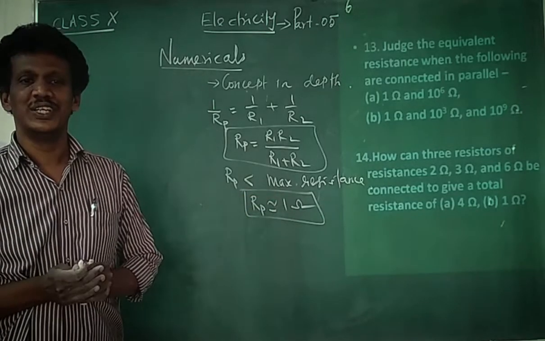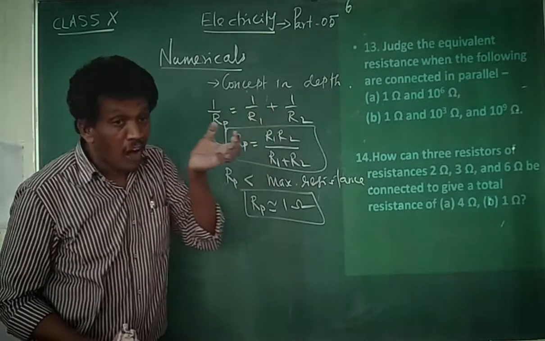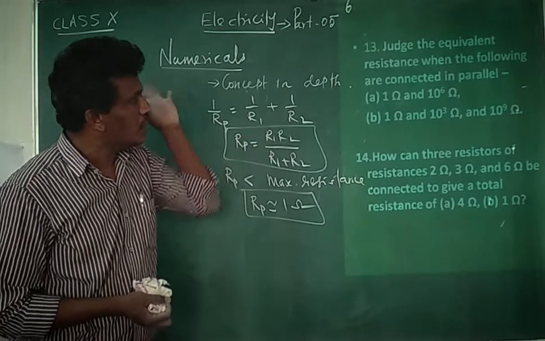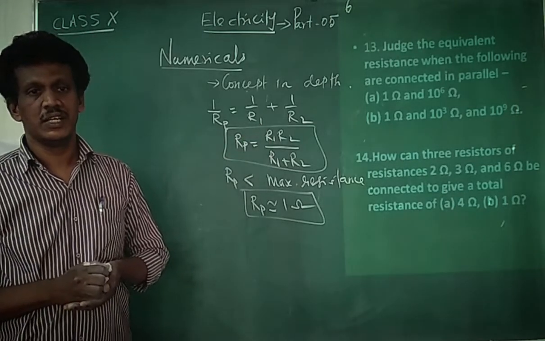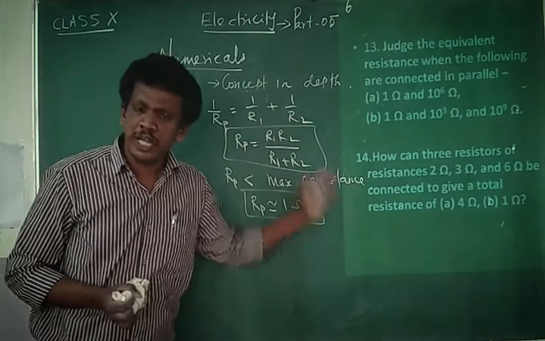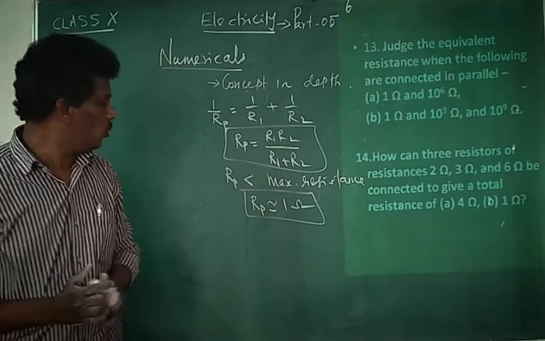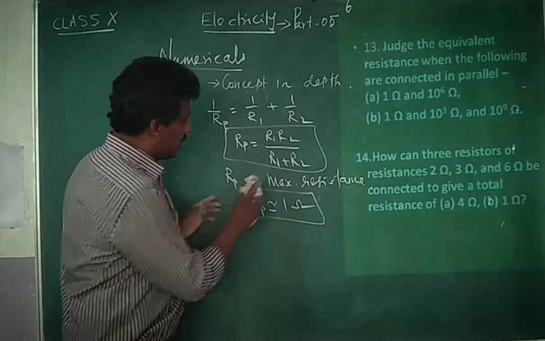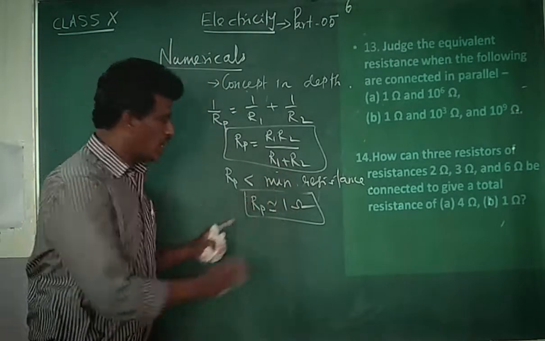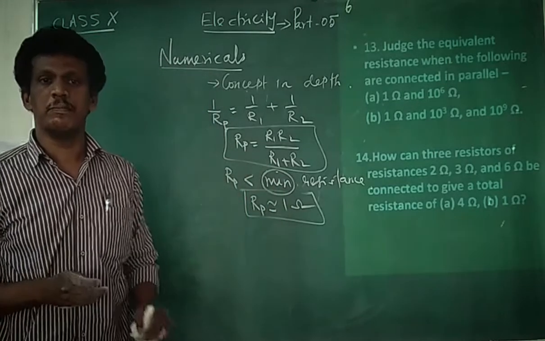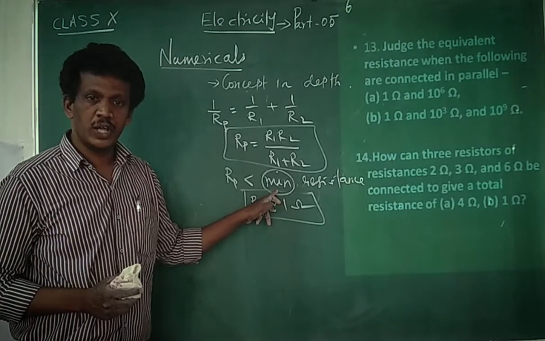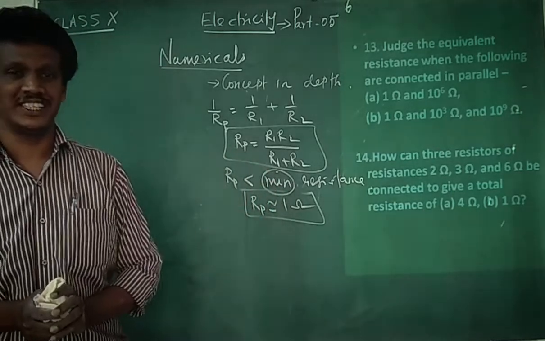See, the purpose of this question is to see how you understand the change of resistance in case of parallel combination. What is the second part? 1 ohm, 10 power 3 ohm, 10 power 9 ohm, 10 power 2. Put any number. Sorry, there is a mistake. Less than the minimum. Sorry. Please do the correction. Minimum. Sorry, it's my mistake. Please correct it.